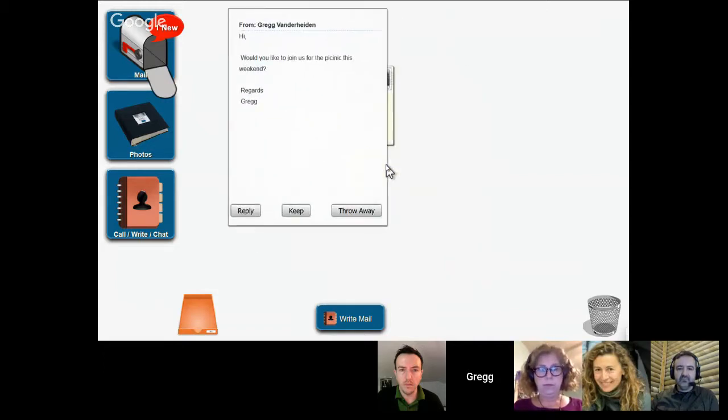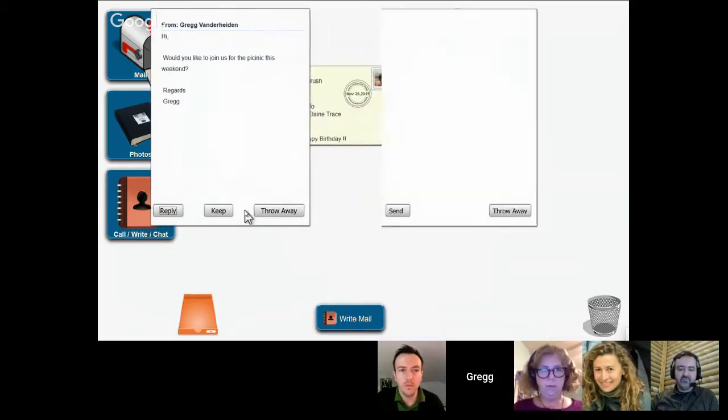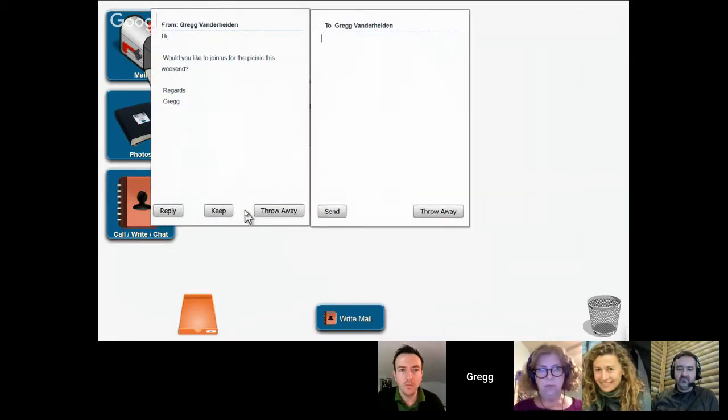And now they read it. And there's only 3 things on the screen. It says reply, keep, or throw away. When they hit reply, it doesn't jump around and then tell you to write your reply on the top of the email you just got, which makes no sense to them. But it brings up something else and it says, sure, love to,